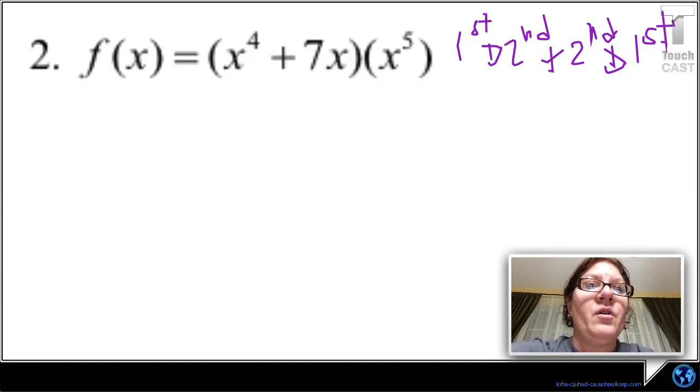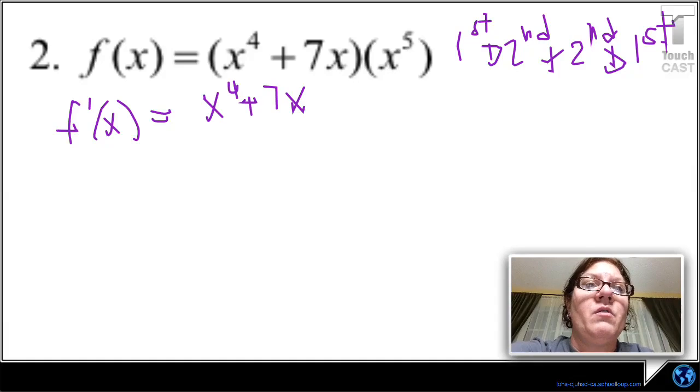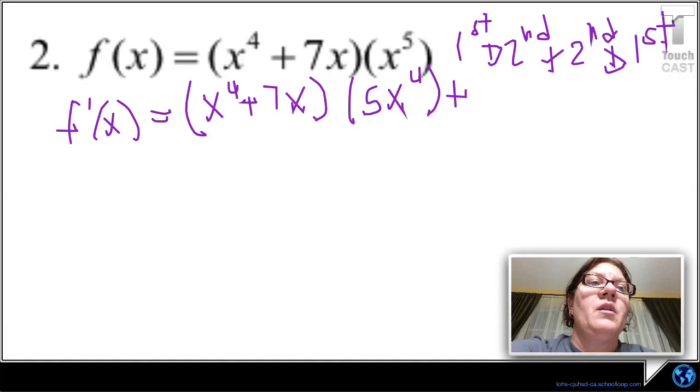So the first is the entire parentheses, so I'm going to write that down, times derivative of the second, but derivative of the second, of course, I have to power down, so 5 times 1 in front, and then power down, plus the second, which is x to the 5th, times derivative of the first,